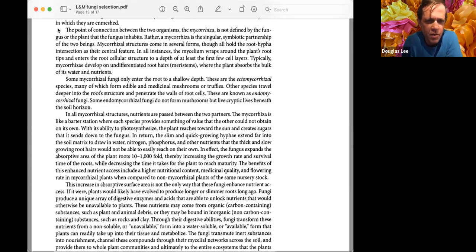In all mycorrhizal structures, nutrients are passed between the two partners. The mycorrhiza is like a barter station, where each species provides something of value that the other could not obtain on its own. With its ability to photosynthesize, the plant reaches towards the sun and creates sugars that it sends down to the fungus. In return, the slim and quick-growing hypha extend far into the soil matrix to draw in water, nitrogen, phosphorus, and other nutrients that the thick and slow-growing root hairs would not be able to easily reach